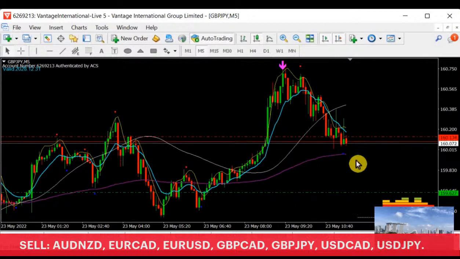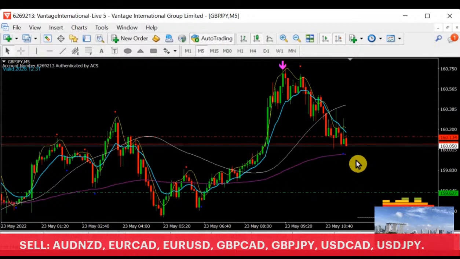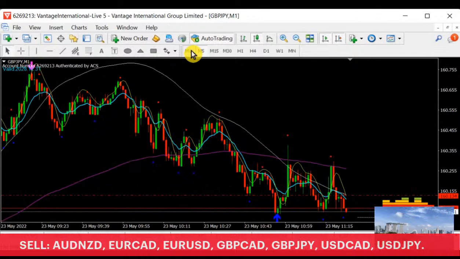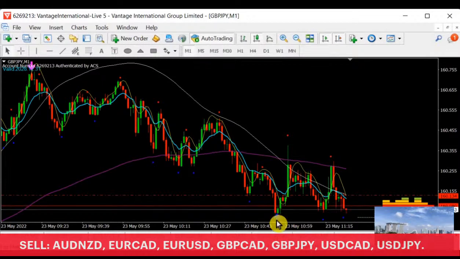We are watching this so that everyone will know how you are going to enter like this. Tested already. Engulfing candle, correct, nice. So on M1 over here, the blue arrow shows a support in my system. I'm going to push this blue arrow downwards to a lower price, here.